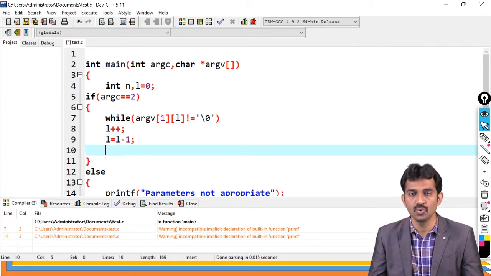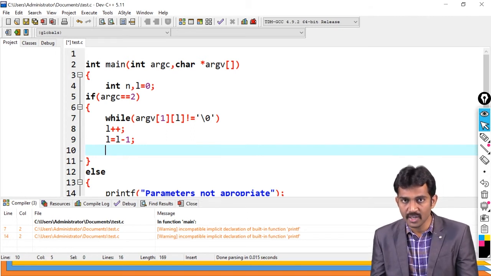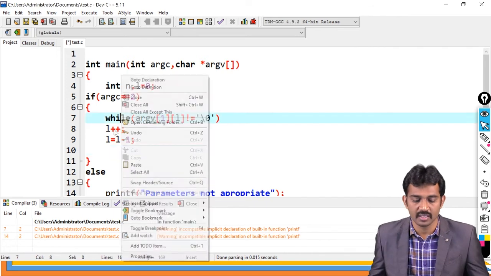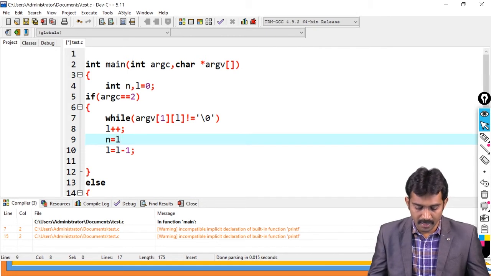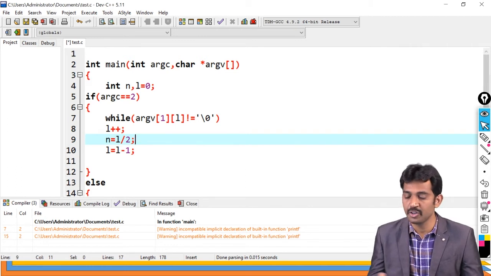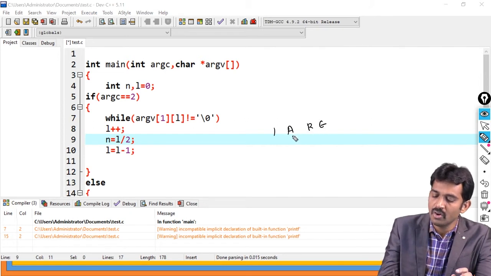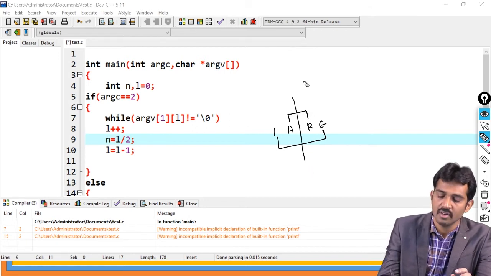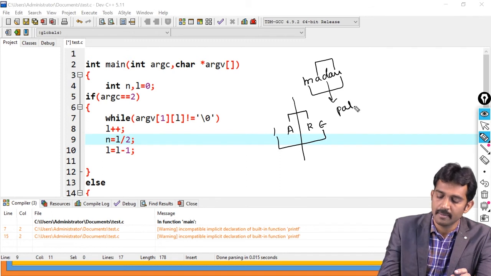Now your task is to match the last value and the first value, last and first, like that, right? So here n is there, right? Before going to that, n equal to L by 2 means that half of the string. If you traverse half of the string, it's enough to tell whether it is palindrome or not. Because, for example, IARE is there. How can you check? You check these two characters and you check these two characters. That means half the string is enough, right? For example, madam is there. You can check these two characters, these two characters, and the final character. This is the palindrome, right?